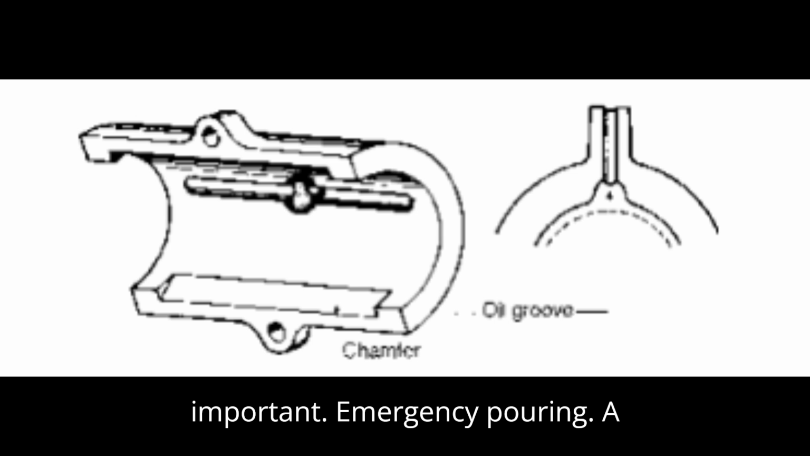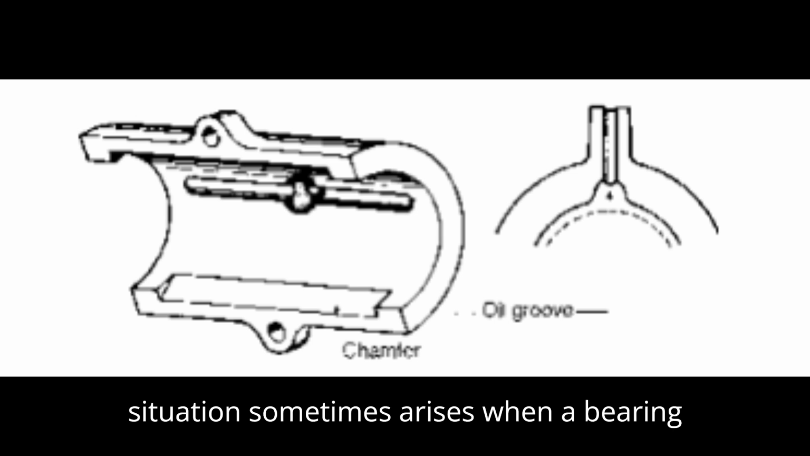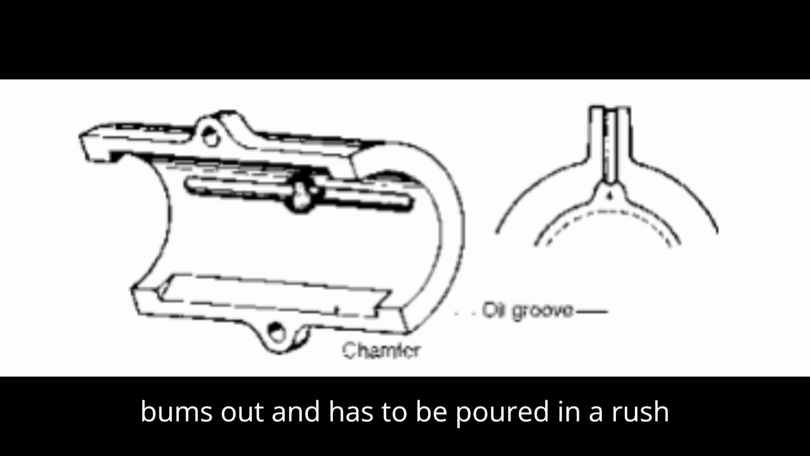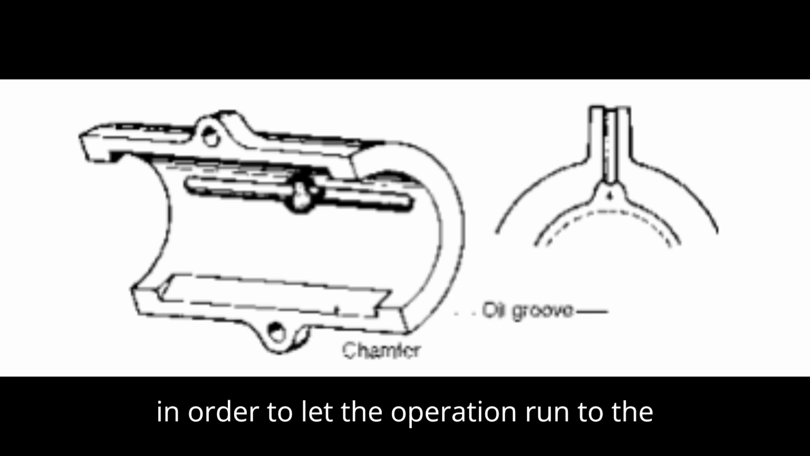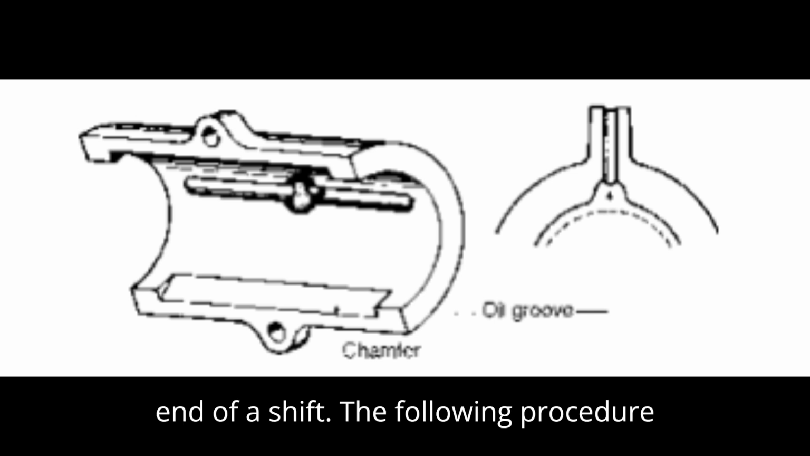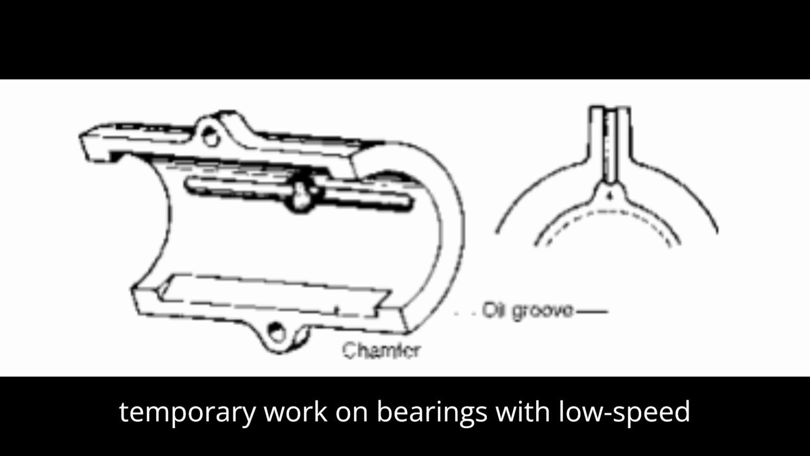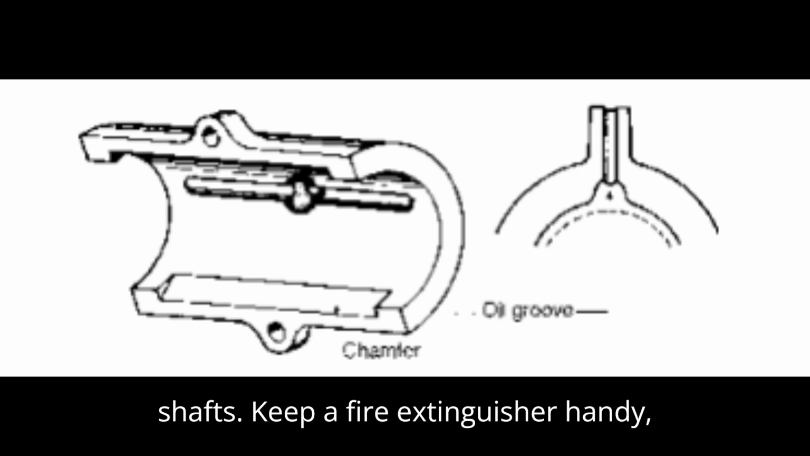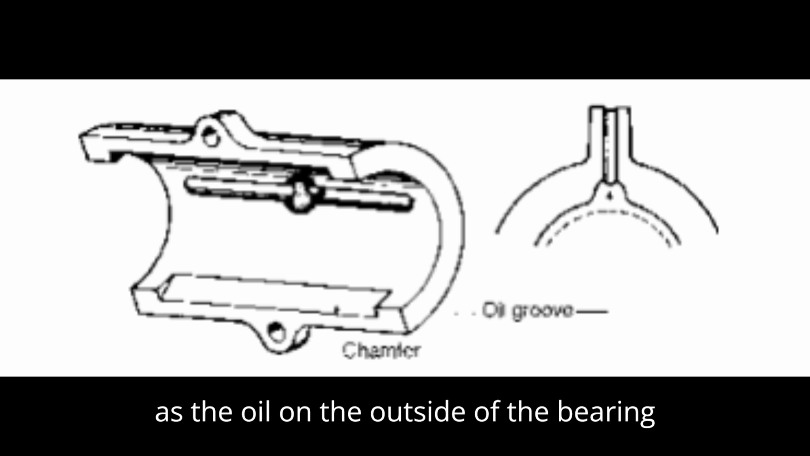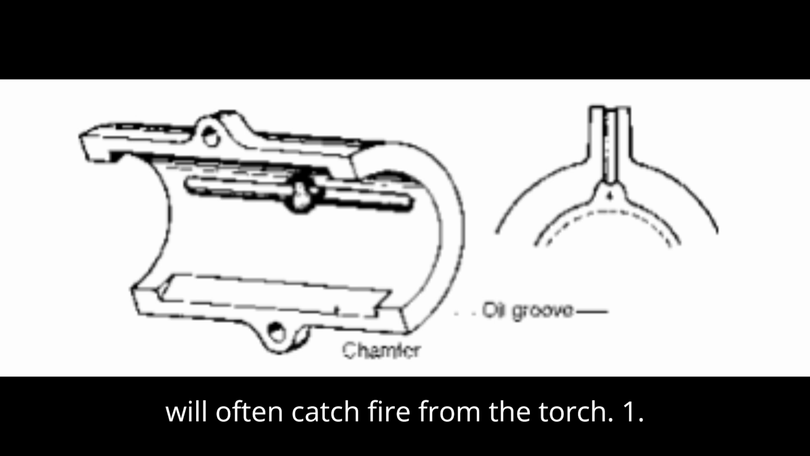Emergency pouring. A situation sometimes arises when a bearing burns out and has to be poured in a rush in order to let the operation run to the end of a shift. The following procedure for emergency pouring is effective for temporary work on bearings with low-speed shafts. Keep a fire extinguisher handy, as the oil on the outside of the bearing will often catch fire from the